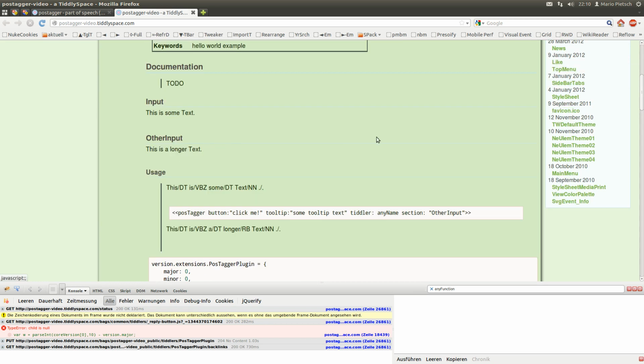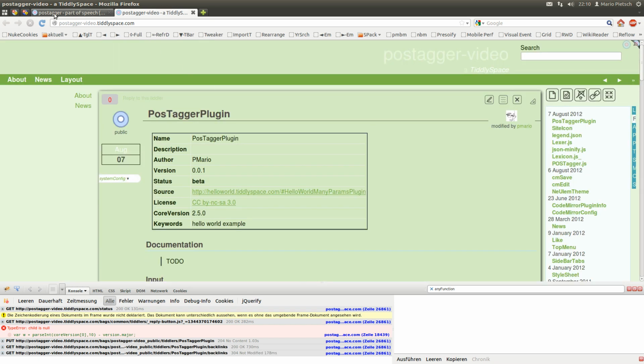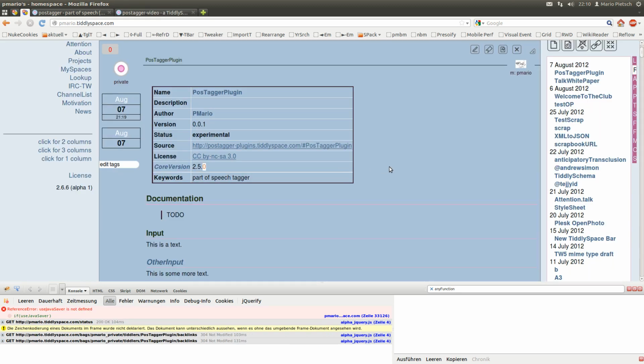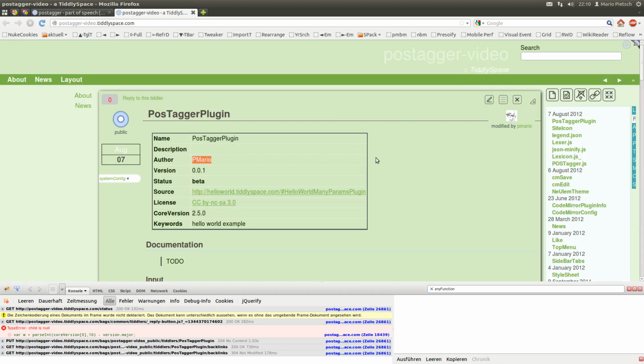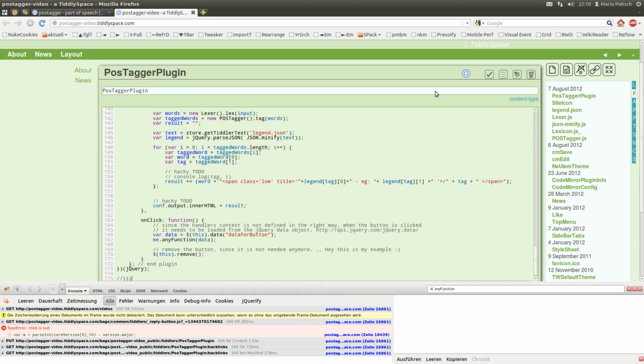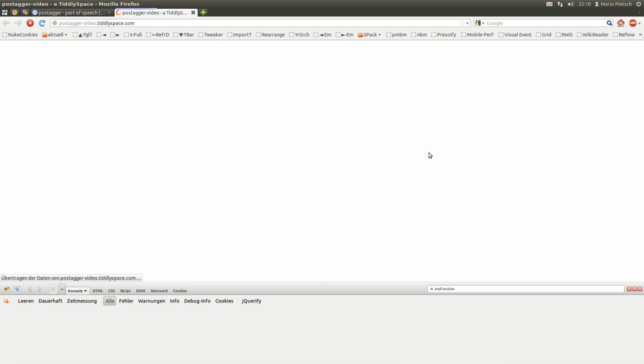Okay, but what we don't want is that the button is removed, so this has to be done, and also we want to have a real error message. In this case, the tiddler any name, we didn't see it, it just didn't do anything. So to speed things up a little bit, I did prepare a post tagger plugin, which has a little bit more functionality.